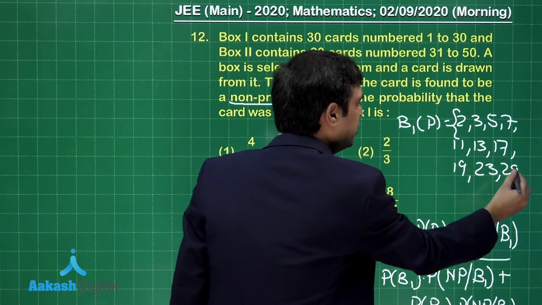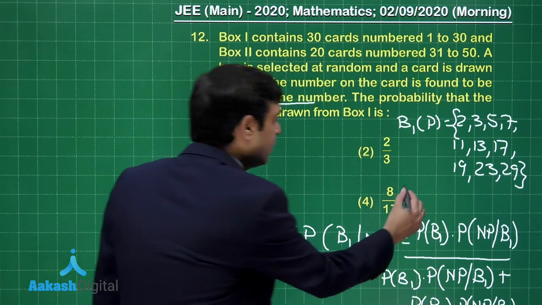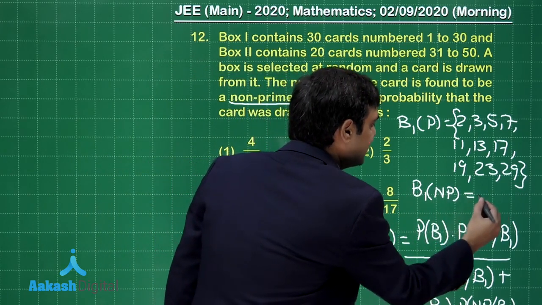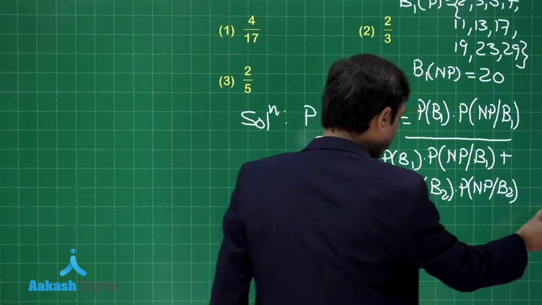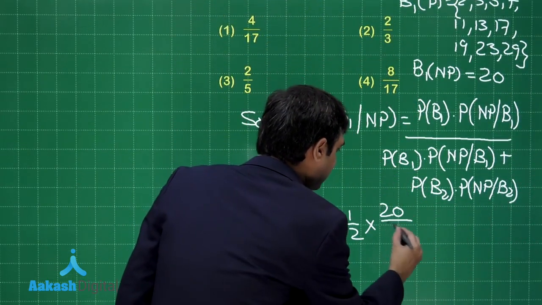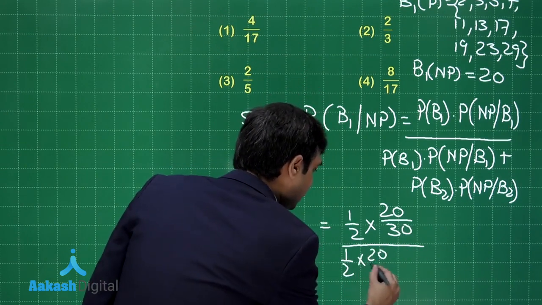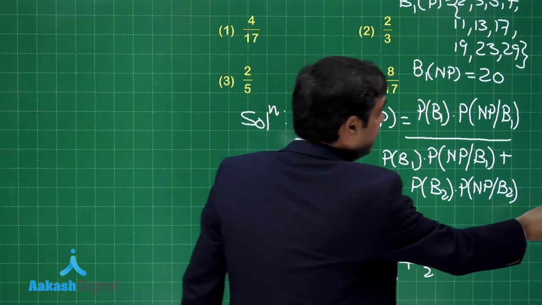So how many in total do you observe? This is 10. How many non-prime? Box 1 non-prime is 20. Correct? So let's write down 20 by 30 divided by half into 20 by 30 plus half into,